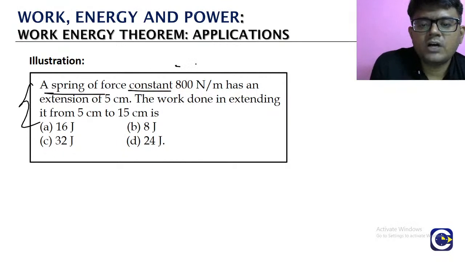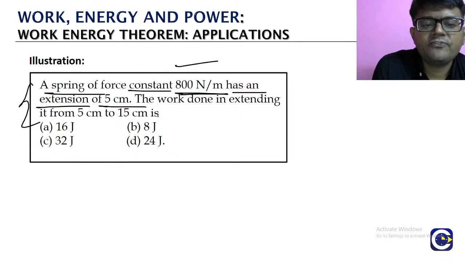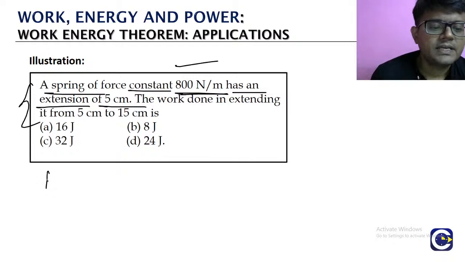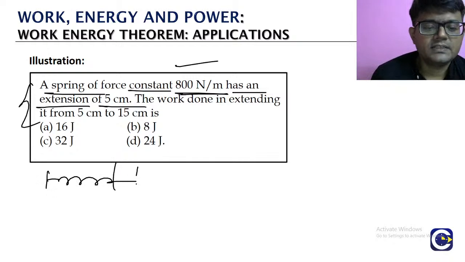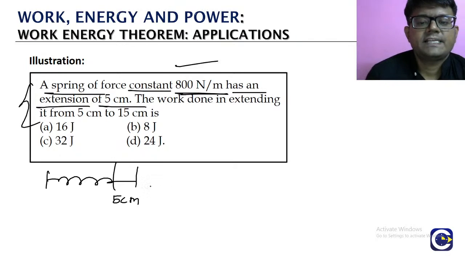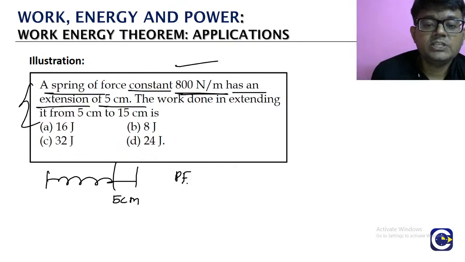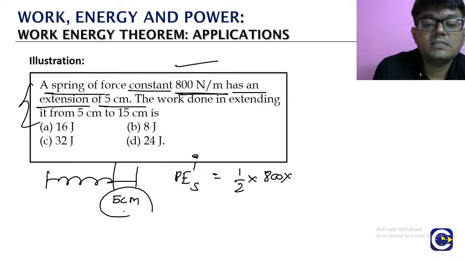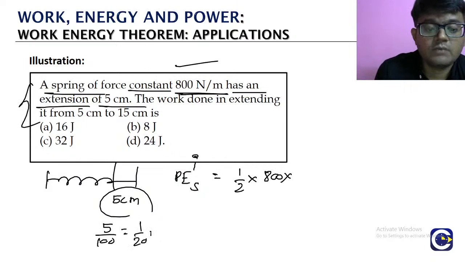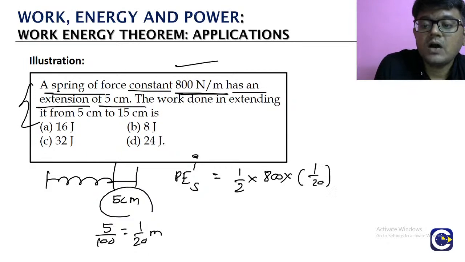Look at this. A spring of constant 800 Newton per meter has an extension of 5 centimeter. Means initially itself, the spring is extended by 5 centimeter. Means initially it will have spring potential energy. What is the value? Can you tell me? Half into K, that is 800 into, remember this is in centimeter, 5 centimeter means 5 by 100, which is 1 by 20 meter. So half kx square,